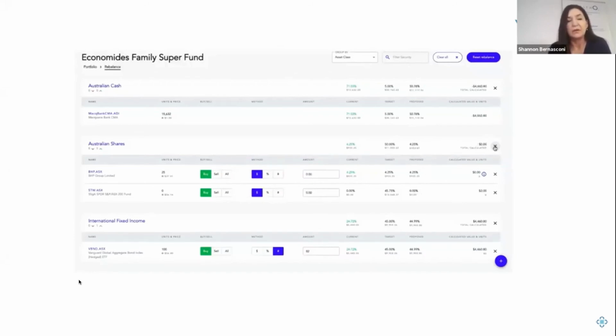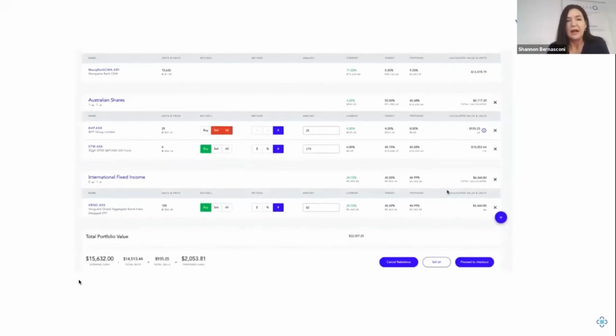You can say, I don't want to go into Australian shares today, or you could say, I want to override a specific hold, which is a minimum trade parcel in this example. You can also choose to isolate at an individual asset level of the asset class. And as I am amending these trades, you're able to see the changes in the proposed asset allocation. So as I change there, it's changing the proposed at both the security and the Australian shares level,